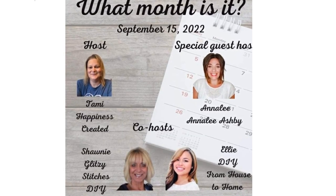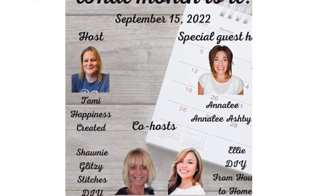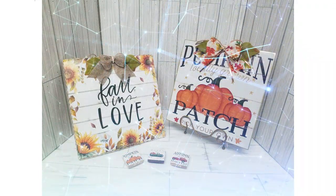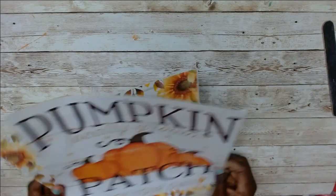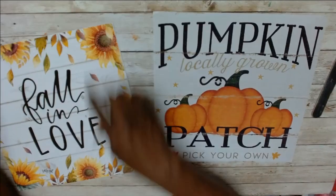Now this is the What Month Is It collaboration. I'll talk a little bit more about that further on, but I'm sharing my contribution to this month, so let's jump right in. Now for DIY number 1 and 2, actually, I'm using these Dollar Tree fall calendars that represent September,